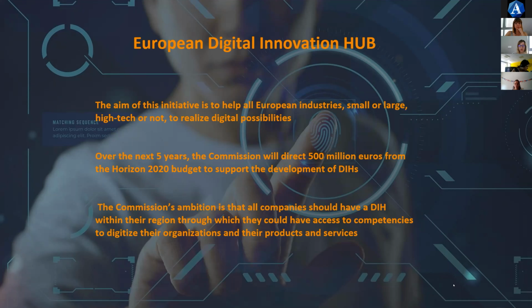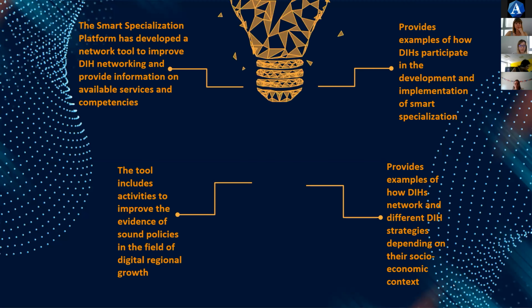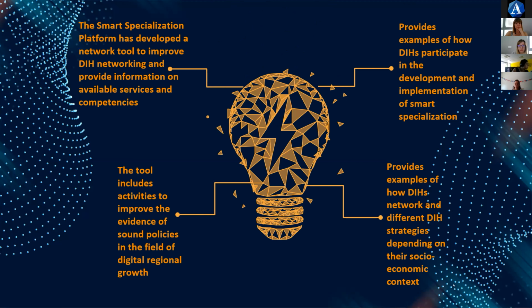So I'm inviting you to go to the Smart Specialization platform, which collaborates with DigiConnect, and they developed a network where you can visualize the geographic distribution of these hubs, improve their network, and provide information on available services and competences. This collaboration includes activities that improve the evidence base for sound policies in the field of digital regional growth, providing examples of how these hubs participate in the development and implementation of smart specialization. There you can explore workshops and possibilities of cooperation